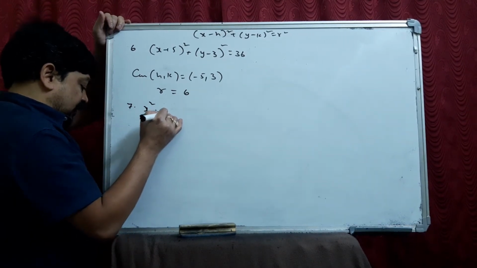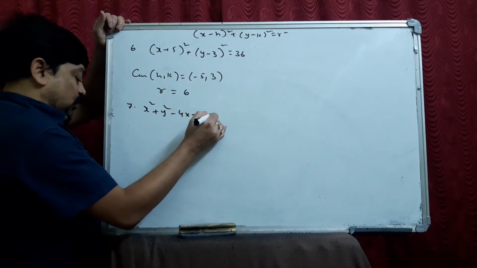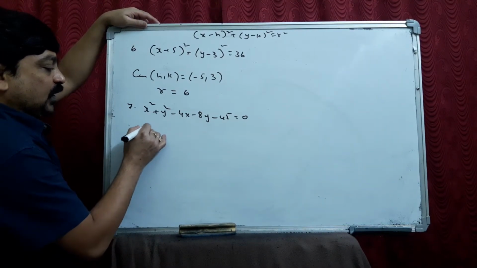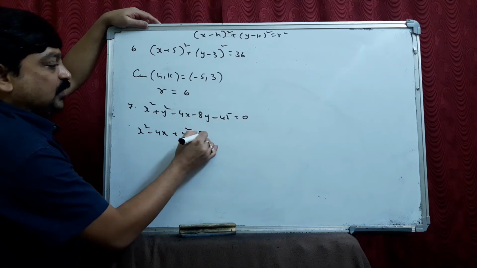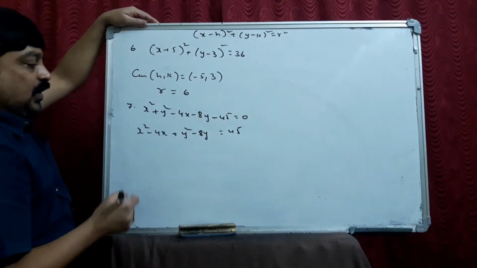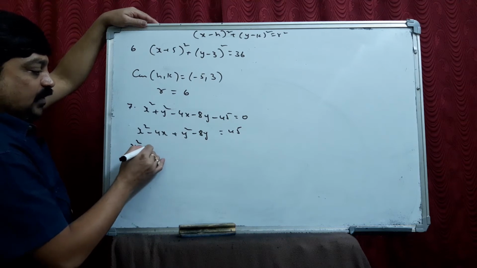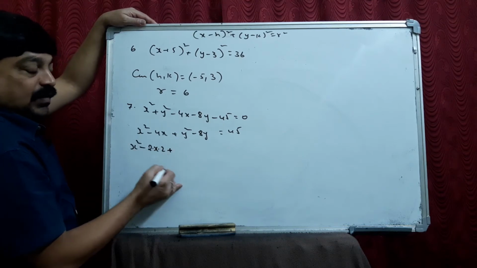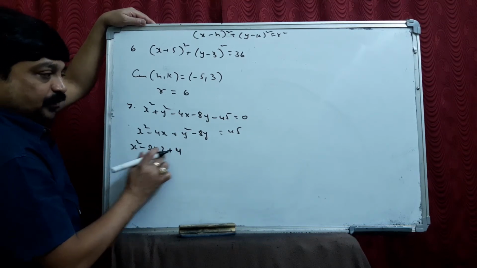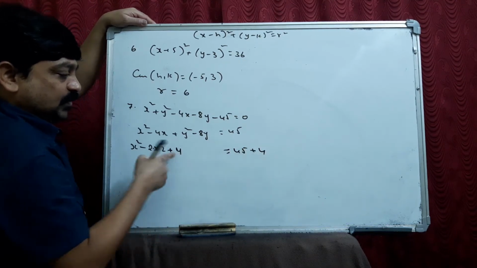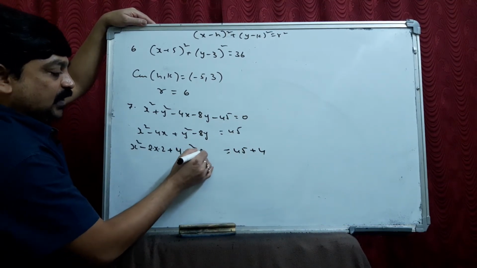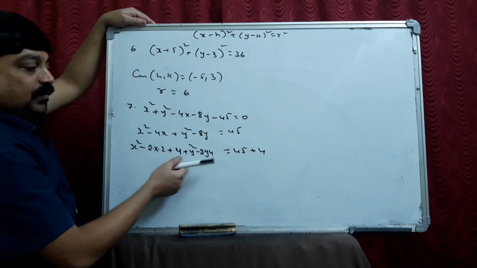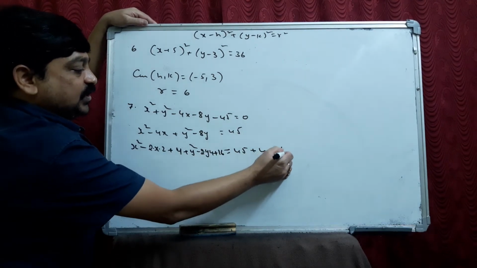So we'll convert it to the form of x minus h whole square plus y minus k whole square. How? We should make it a perfect square. Write down x terms to one side, y terms to one side, send the constant to the other side. Now see the first two terms, write it in the form of 2ab. It will become a perfect square when you add b square. So add 4, here b is 2, add 4 on both sides. In the same way, y square minus 2ab. What is b here? b is 4. It will become a perfect square when you have 16. So add 16 on both sides.